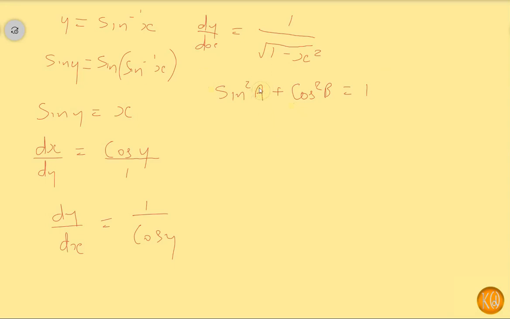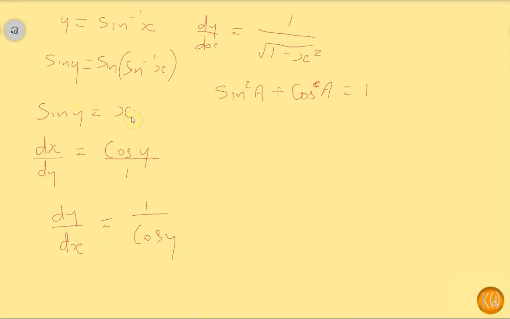Sine squared of something plus cos squared of the same thing should be equal to 1, right? Good. Now we're going to use this identity to apply to this problem, because we're going to say, okay, let's